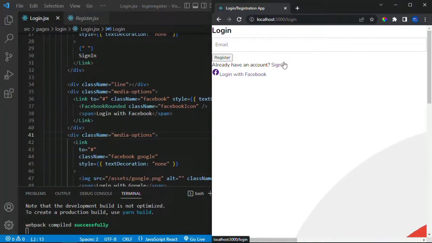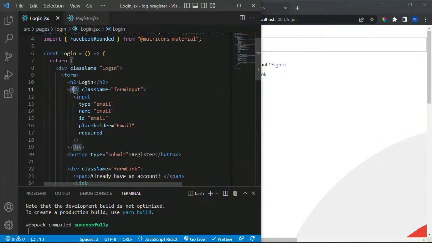You see the image is big, so this needs our styling. I'm going to duplicate this for the